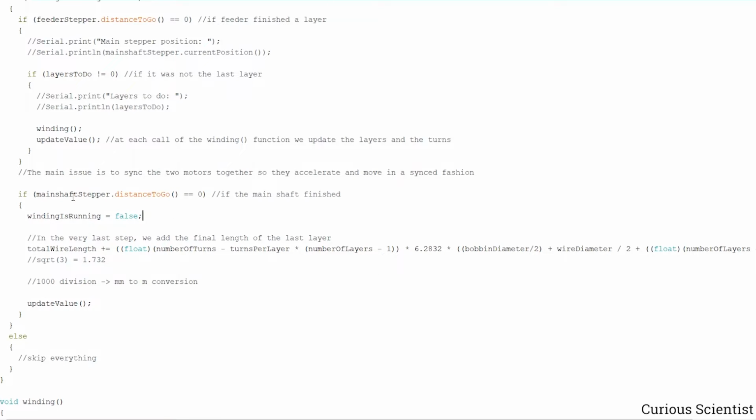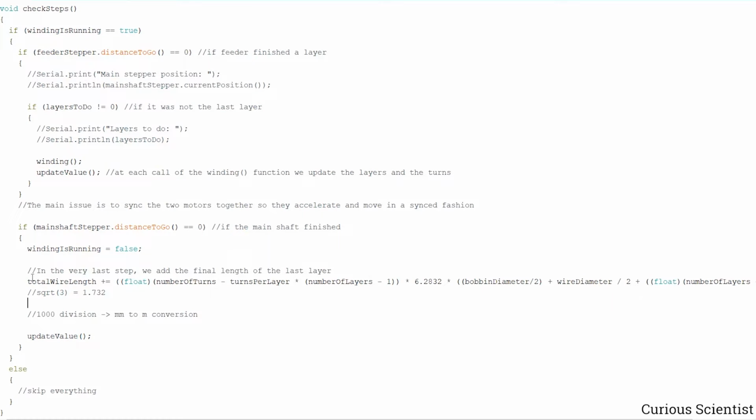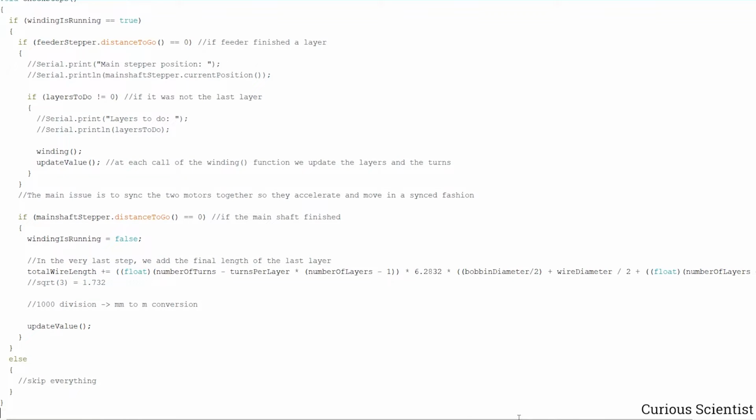And then if that is the case, so if this is 0 also, the main shaft is finished, then the winding is running is false, so we will not enter this part again with the next iteration of the loop, and we calculate the final amount of wire for the consumption. And I will explain this in the video how it works, but basically we just look at the number of turns left,